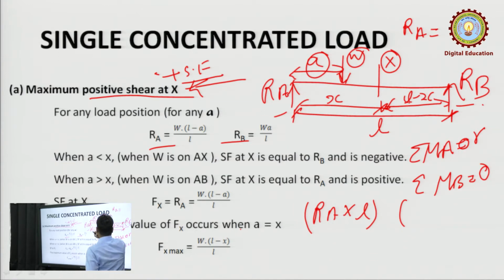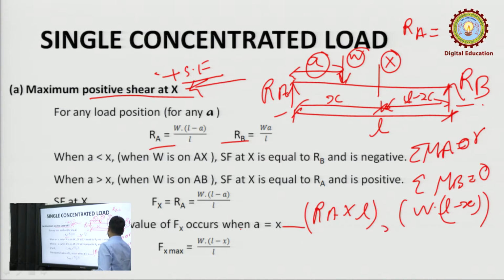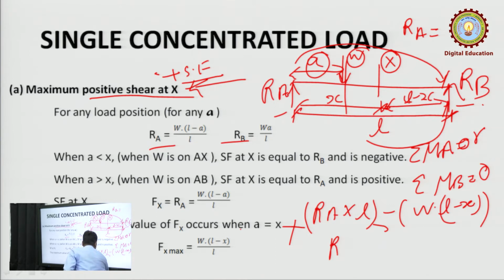The load will be W into L minus x. Now we have to consider a sign. What will be the sign here? This load is going about B in clockwise direction. Now we will take it as positive, and this W load is going anti-clockwise, so we will take it as negative. The value of Ra is coming